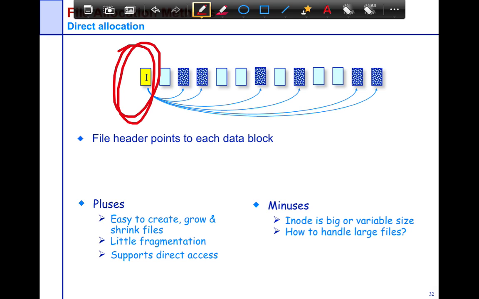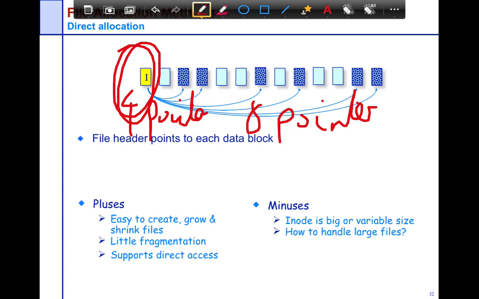So the problem with the inodes is that, let's say a certain file is 4 kilobytes and you had 1 kilobyte sectors. The 4 kilobyte file would need only 4 pointers, right? But the 8 kilobyte file may need 8 pointers, right? And one of the things we mentioned earlier was that files in a system tend to vary a lot in their size. You can go all the way from a few kilobytes to a terabyte or hundreds of gigabytes. In such cases, the space requirements for the inodes of each of these files are going to be dramatically different. So the question is, how do you build variable size inodes, or do you even do that?